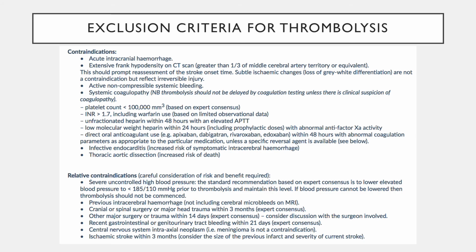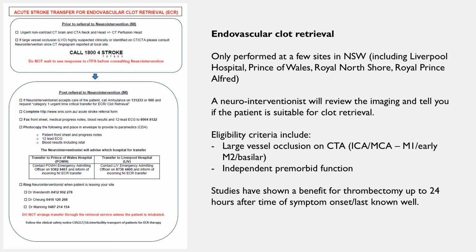So as mentioned, this is a slide with some more detailed exclusion criteria for thrombolysis. Just a little bit about endovascular clot retrieval. ECR is only performed in a few sites in New South Wales. So it's not performed, unfortunately, at Nepean, but our closest site, or the site we sent most patients to, would